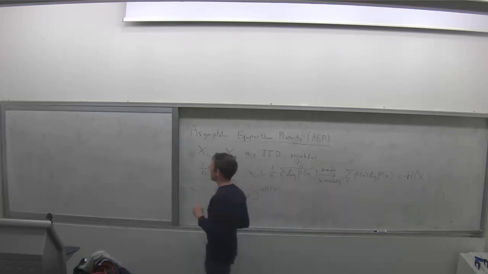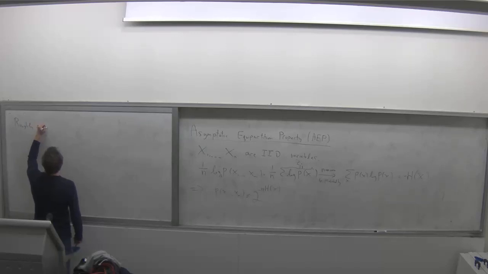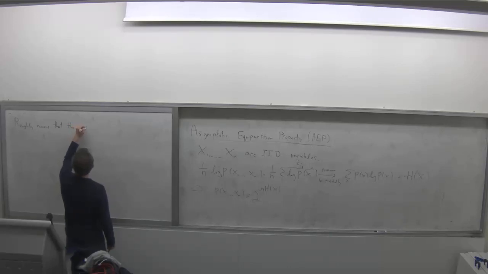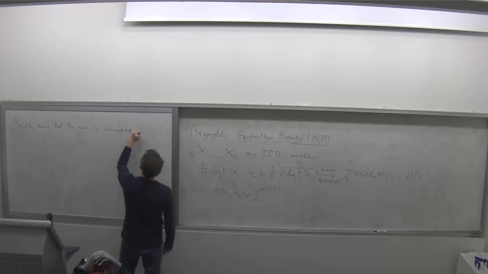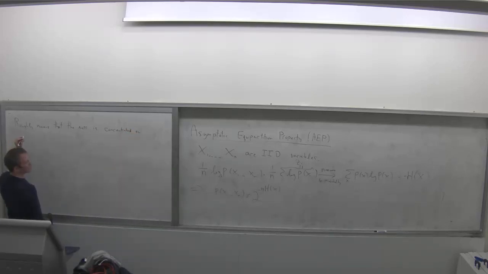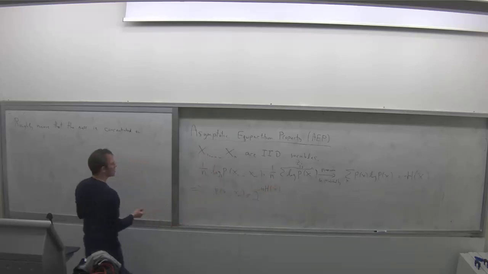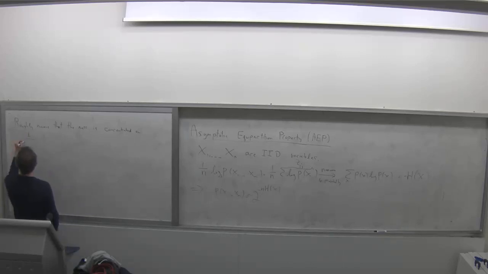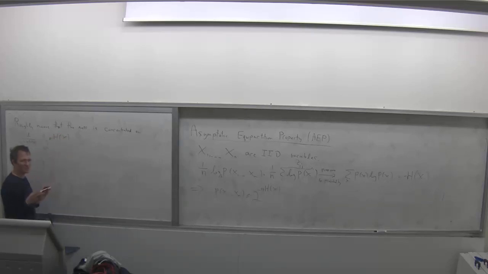okay, so this roughly means, let me say it this way, that the mass is concentrated on, so if we have a uniform distribution where this is the probability of each item, how many items do we have? It's 1 over this, which is 2 to the n H. Okay, so the intuitive result that I want you to think about a little bit is that